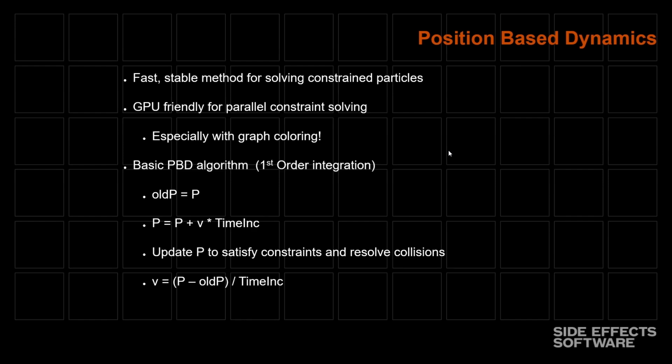You've probably seen this before, but the basic position-based dynamics algorithm, at least for first-order integration, is to store the original position of the particle, and you take one step forward, given its current velocity. So that's p equals p plus v times the time increment. Then you update the position to satisfy all the constraints, resolve any collisions, and just calculate velocity based on the